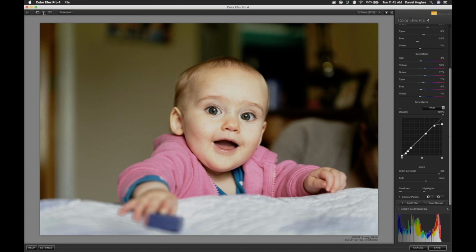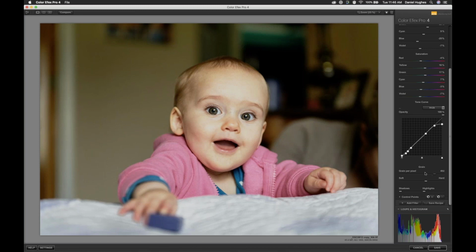In fact, I'm going to click into the upper left corner. We click on a split preview. It's a relatively subtle adjustment, but here's the before. There's the after. And it's just enough. It's just this nice little simple tweak that's going to yield us this effect of that Pro-Via film, in this case muted as well. And then because this is a 100 speed film, our grain per pixel is at about